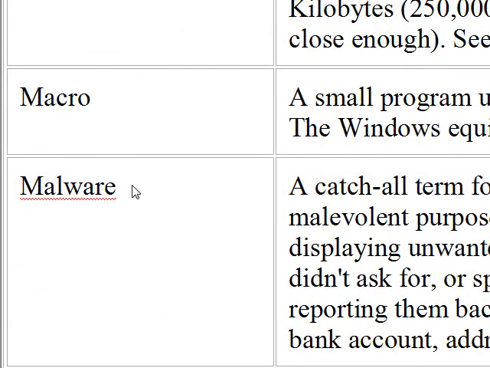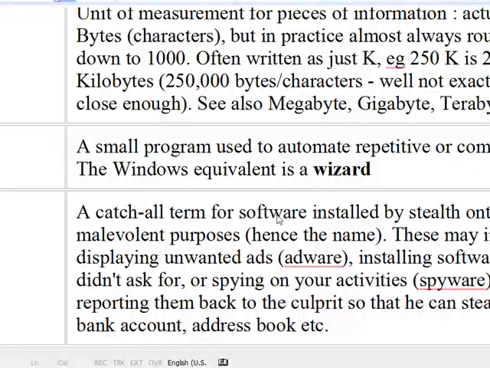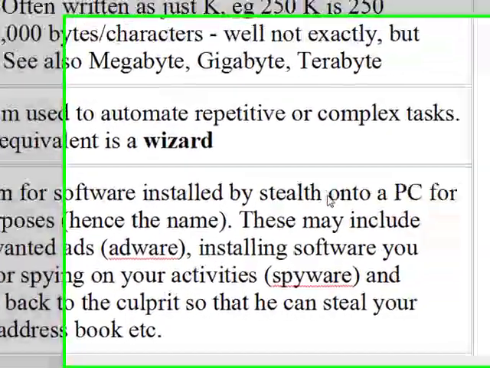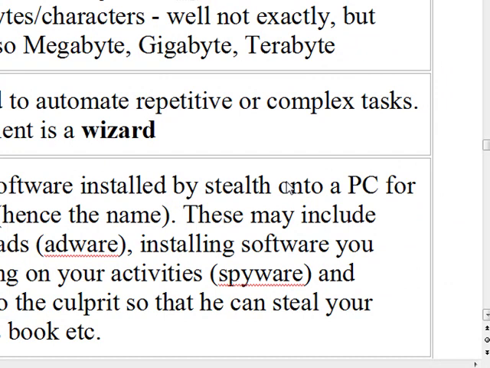Malware. Malware is a catch-all term for software that is installed onto a PC by stealth. That is, you didn't really do it yourself, or you didn't intend to do it, but it got there probably by something you did.